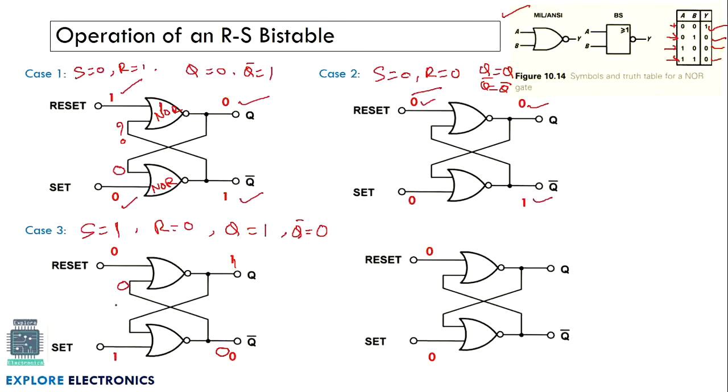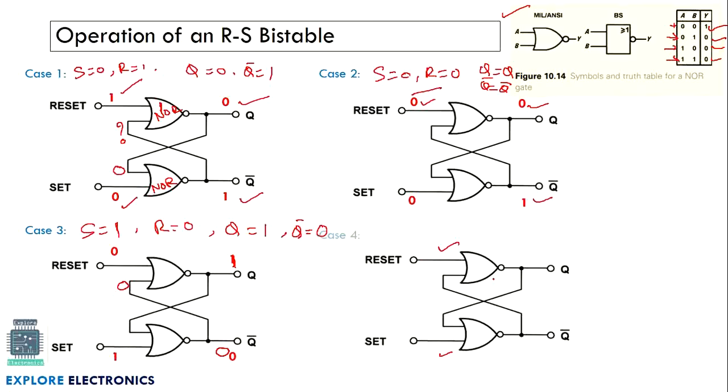Similarly, after giving 0 1 as input, we are making the Q set to 1 and Q bar will be reset to 0. What is the output we are going to get? Again, if we give S is equal to 0 and R is equal to 0, in this case, again, we are going to get 1 at the Q and Q bar is 0. The previous output will be continued here.